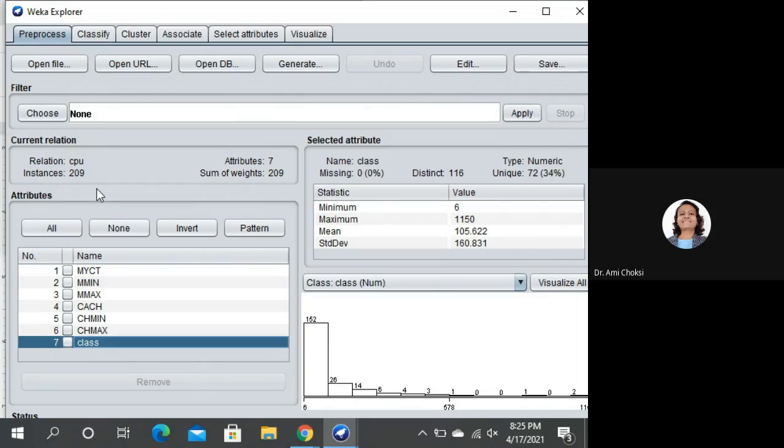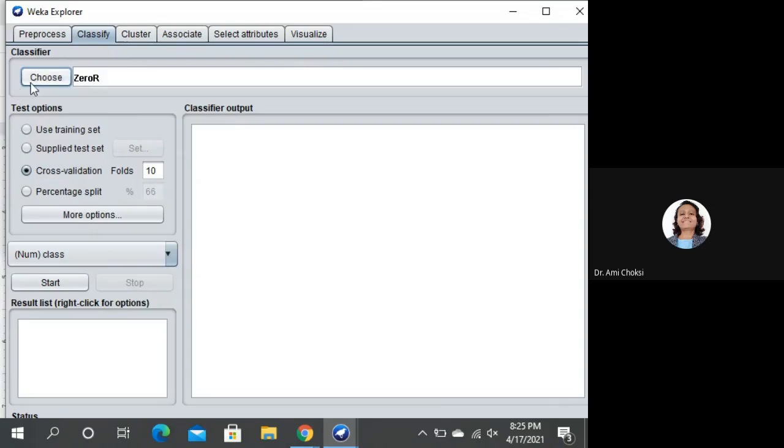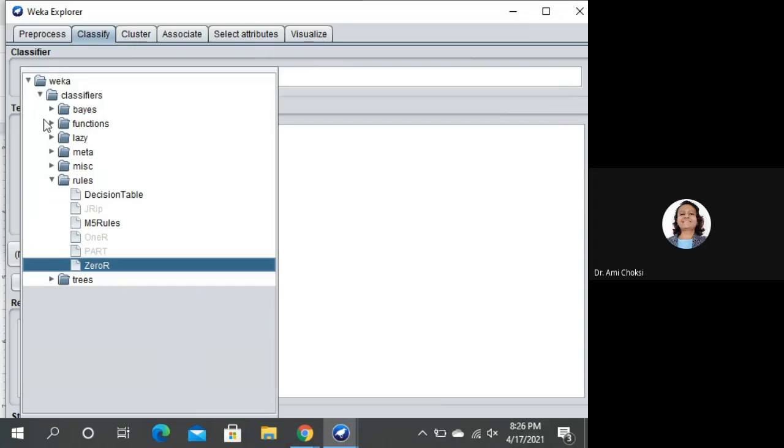Let me show you that, and then I'll show you with the data file having a non-numeric attribute, and what happens then.